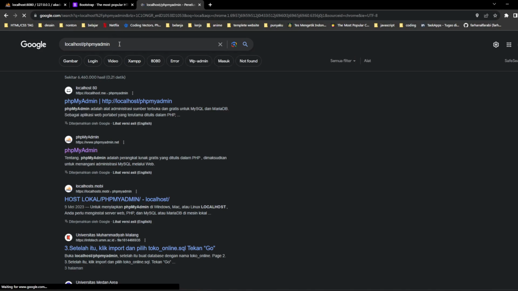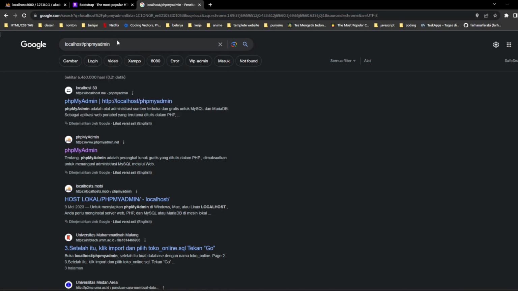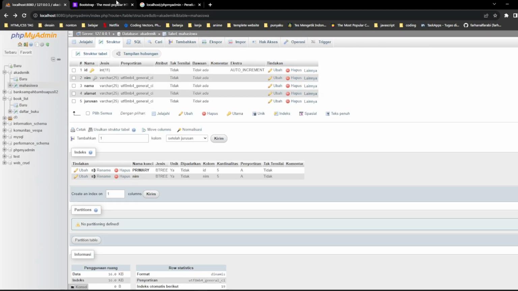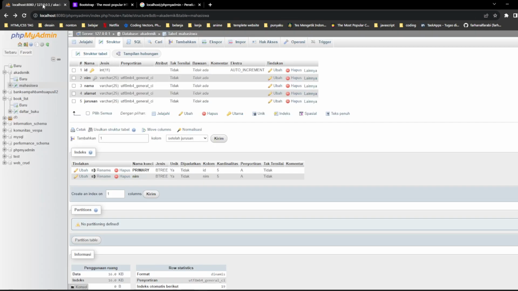You can search in your computer, but in my computer it is different because I have changed the application. But if you write like this, it will show like this.